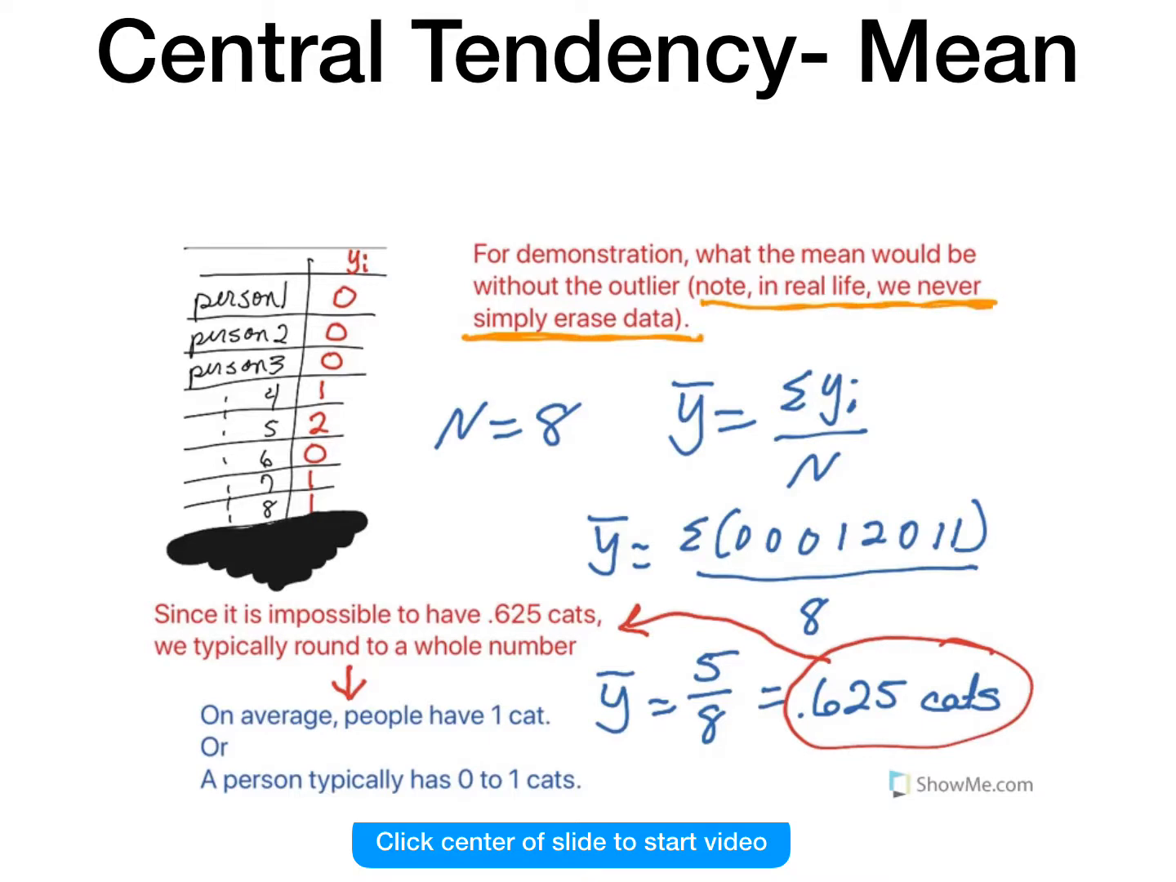Now again, we would never, ever, ever simply eliminate an outlier because we don't